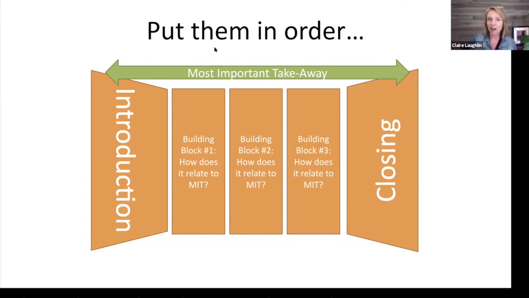So what I used to do in live training is I would create an agenda with a checklist that would say, this is our first building block, our second, our third, here's where your break is, etc. Right? Just like we would do a normal agenda. But I would do mine slightly differently, where it was more about what they were going to take away from each step as opposed to just what we were doing in each step. Like that. Okay. And now in a virtual world, since I don't have a flip chart,